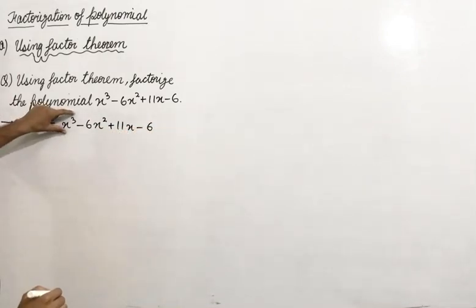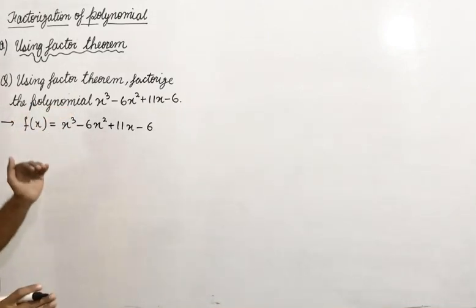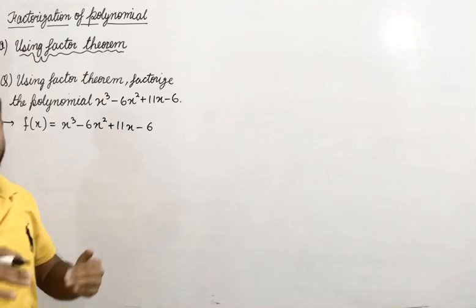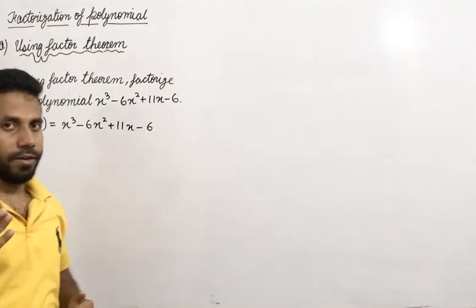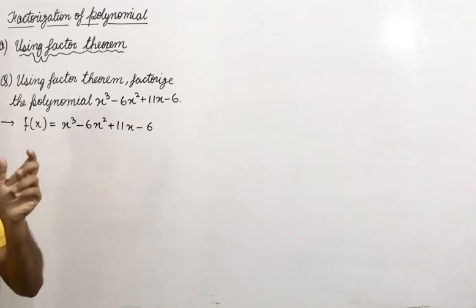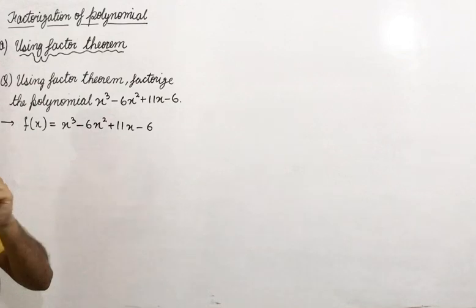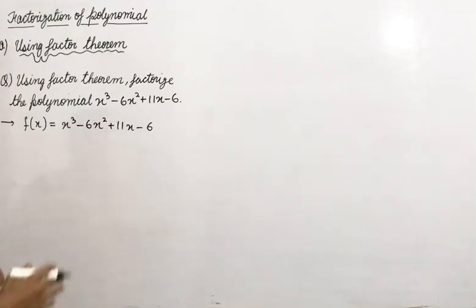Since this is a polynomial of degree 3, that is a cubic polynomial, if we find one factor and then divide by that factor, we will get a quotient that will be quadratic, and if we split that quadratic polynomial, we will get two factors from there. So altogether we get three factors. So first of all, using integral root theorem,